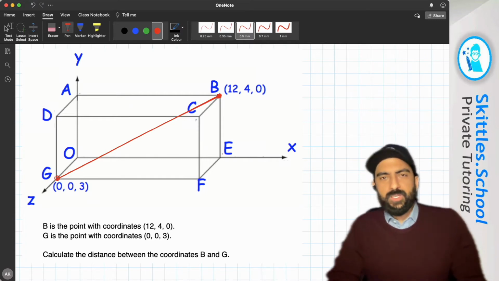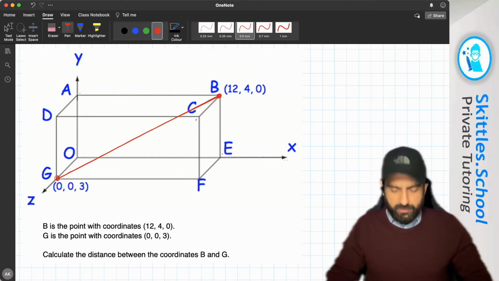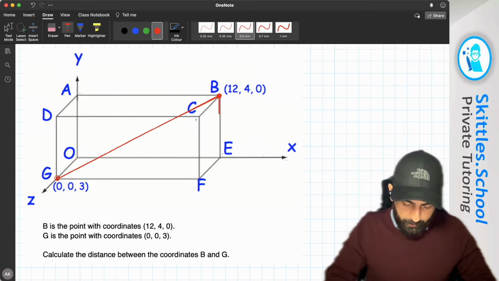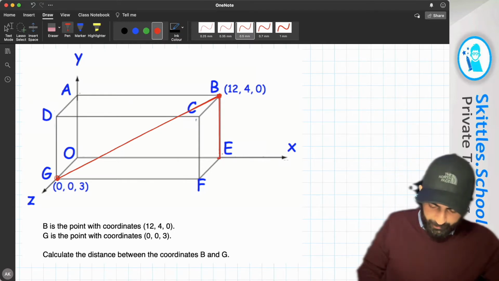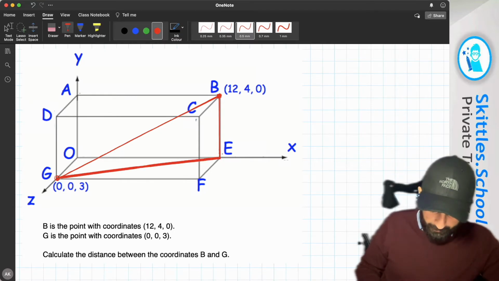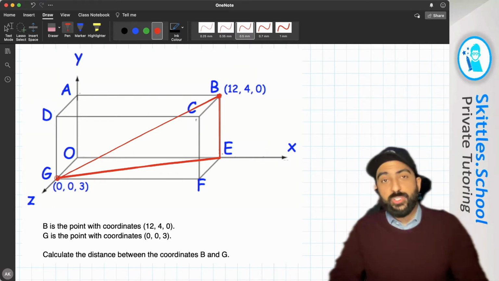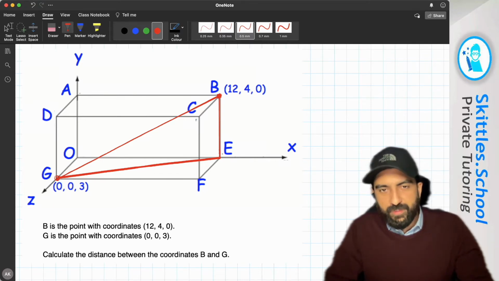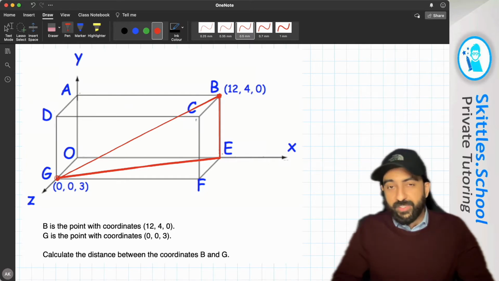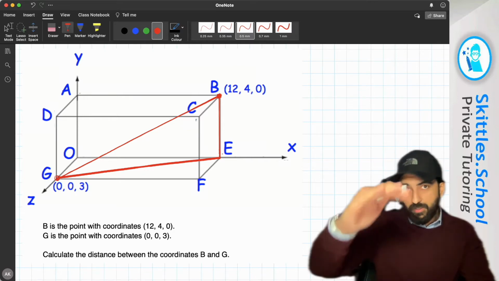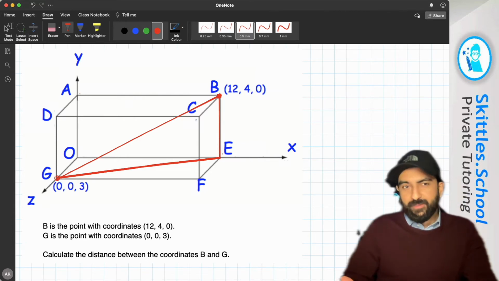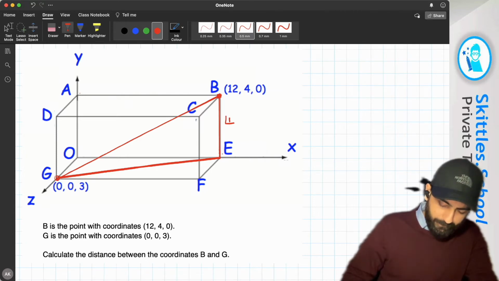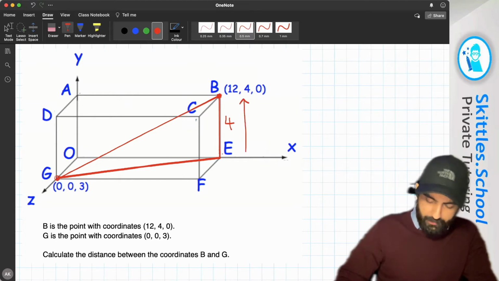Okay, so that's looking like the long side of a triangle. If I was to draw this triangle, we've got one side here, which is B to E. We've got another side here, which is E to G. And then we've got B to G, which is the long side of the triangle. So to work out the long side of a triangle, the easiest method is Pythag. So we need to know the other two sides. Okay, so we've got B to E, the height. That's the y coordinate of B. So it's 4,